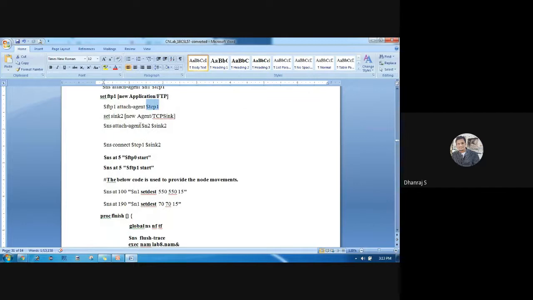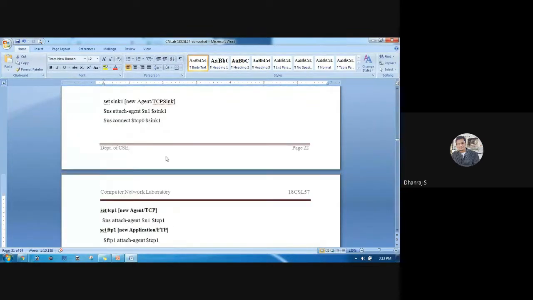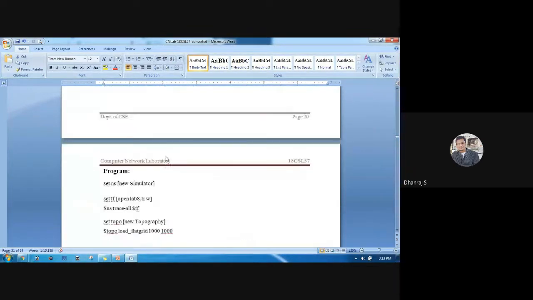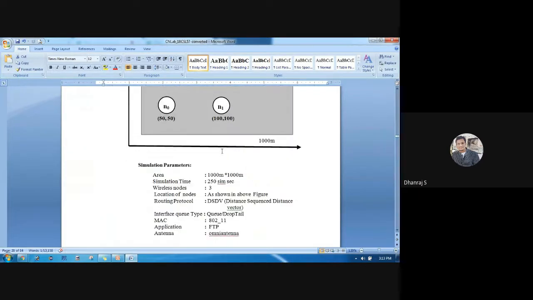Then for node 2, sink2 is going to be attached, so sink2 will be attached to node 2. Then we need to connect this TCP1 to sink2. So we have connected these two. You can see here we have connected this one and this one, and this one and this node.